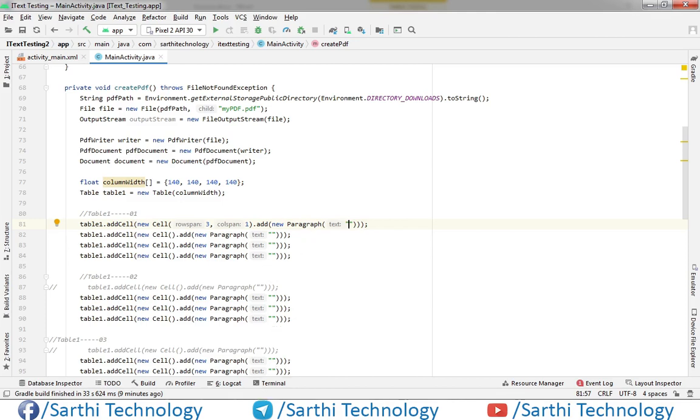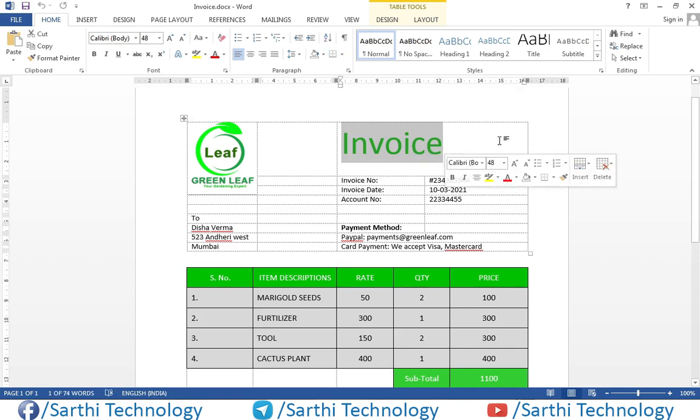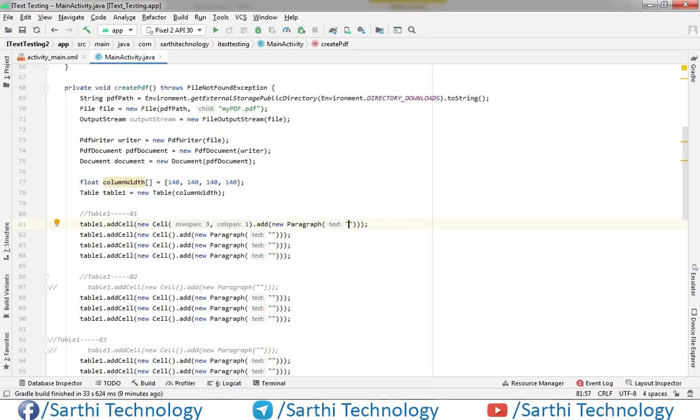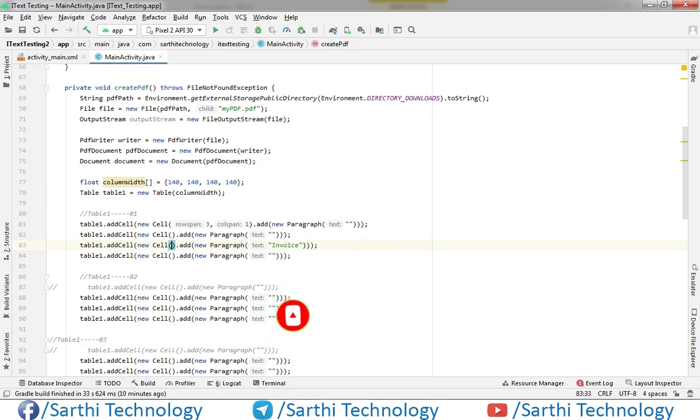And second is blank, and third has one invoice text and also one column span. Okay, so here 1 comma 2, and also make this a comment.